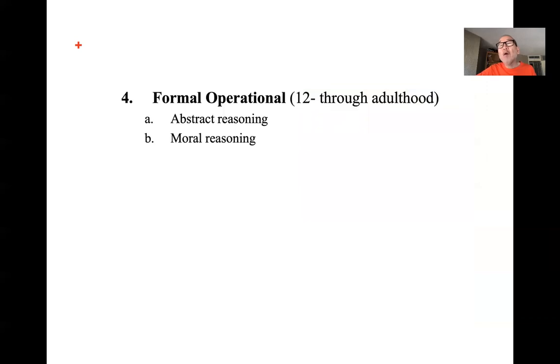Okay, finally, formal operational thought. Now, formal operations is kind of the big honcho of thinking. This is where we can think logically, not only of concrete concepts, but also abstract concepts. Yeah, we can do abstract reasoning. So, for example,